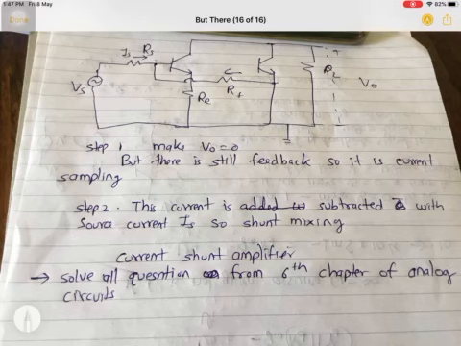Now based on that, there are some questions given in the 6th chapter of analog circuits in the EQ book. I think you must have the EQ book with you. So open the 6th chapter of analog circuits, not from EDC, from analog circuits, and try solving all the questions of that chapter. All these questions can be easily solved by using these feedback techniques. After that, in the next class, we will start with positive feedback amplifiers and we will study the oscillator circuit.